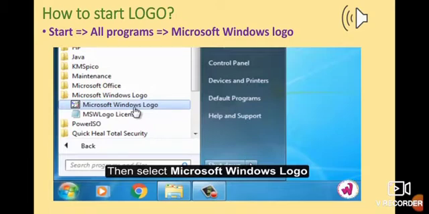From start you will go to all programs, and from all programs in Microsoft you will find the Microsoft Logo window. So let us see in the video how it can be done. Those who have a computer or laptop at your house, you can do it and you can use it.